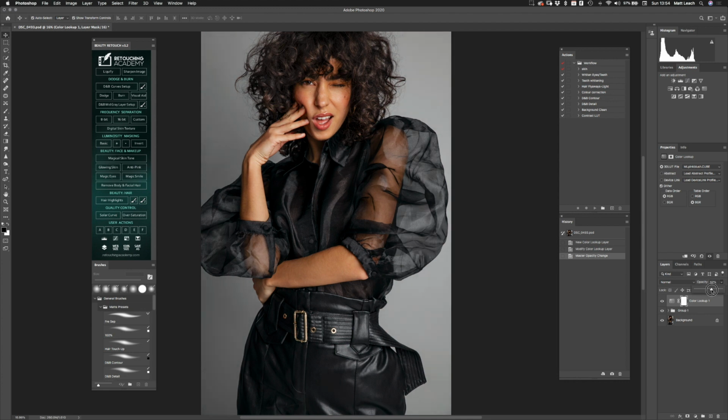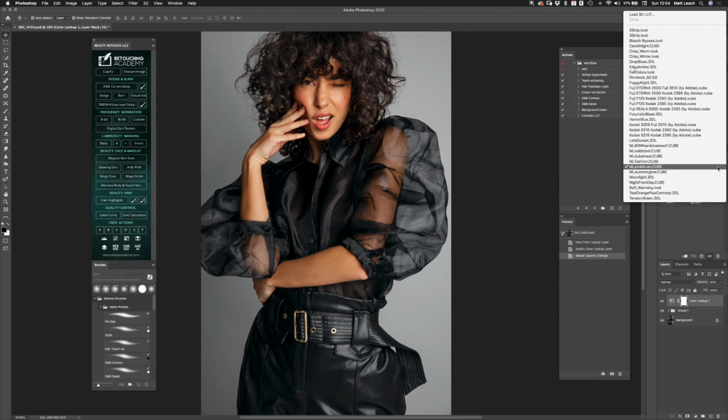Personally, I like this LUT, so I'm going to keep it quite high at around 84–85%. Perfect. That's my taste. All this is subjective. Some LUTs I use, I might go all the way down to 15%. Now if you feel like you've made the wrong choice in LUT, you can go back up to your properties layer. If we just highlight the colour lookup layer again, the pop-up menu again, and we can change to any of these, or we can load another